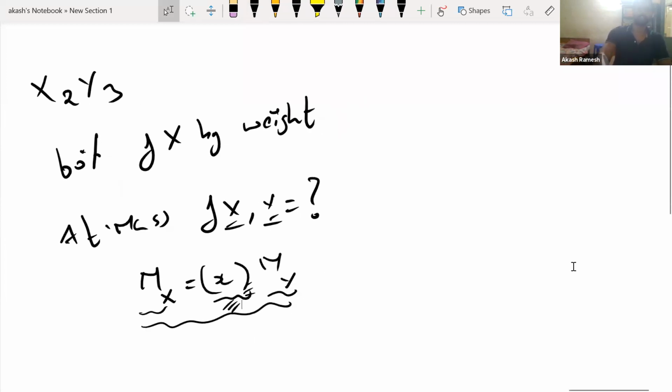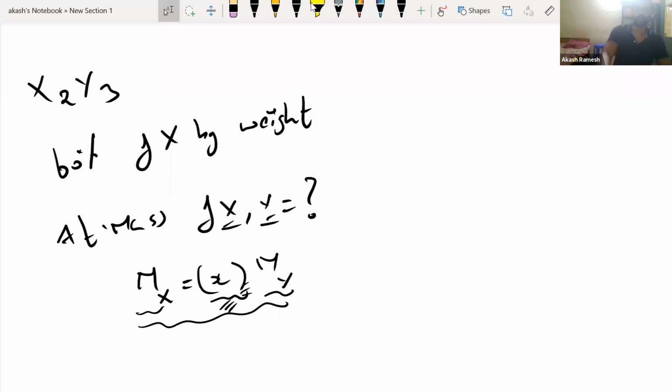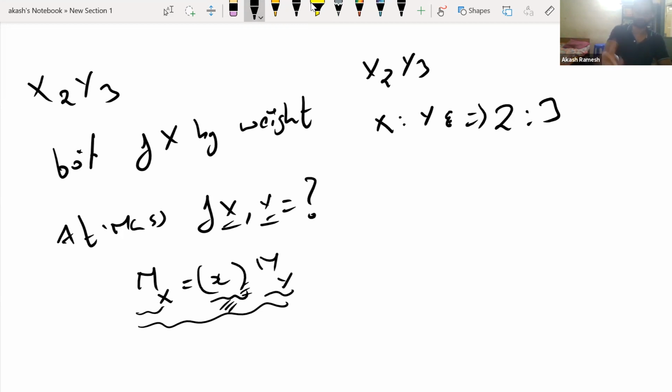Right now, guys, you have X2Y3. So if I ask you what is the X to Y ratio, you can easily tell that it is going to be 2:3. This we can tell, right? Because you can put the formula X2Y3, right? Okay. Now they have told, say, if you want to calculate